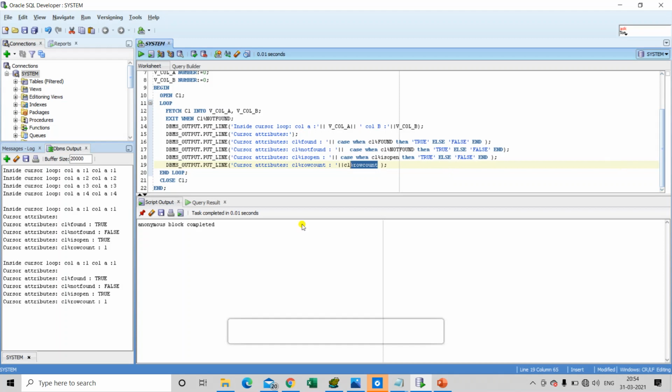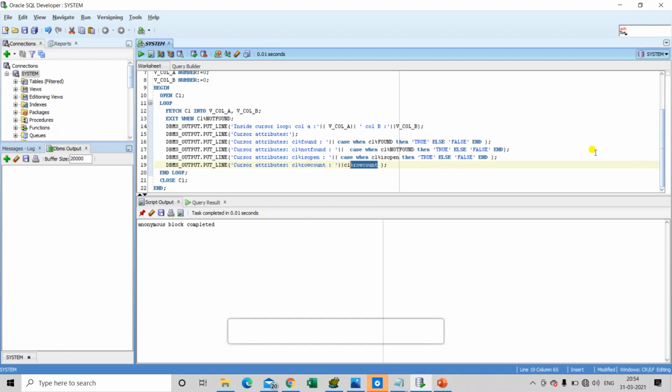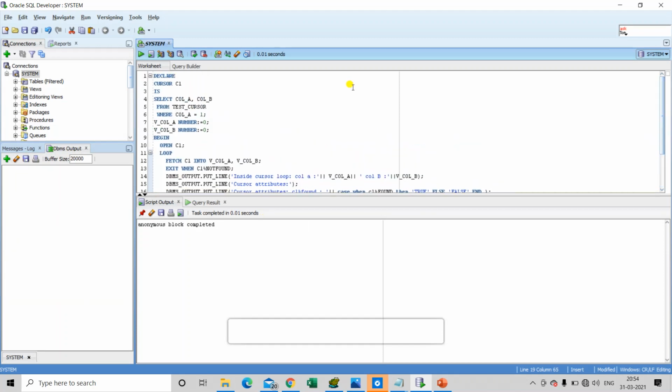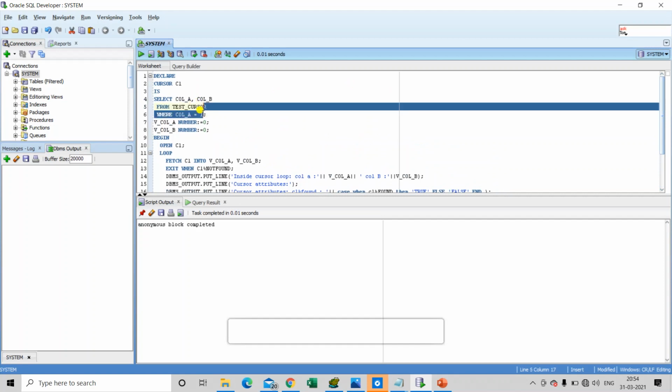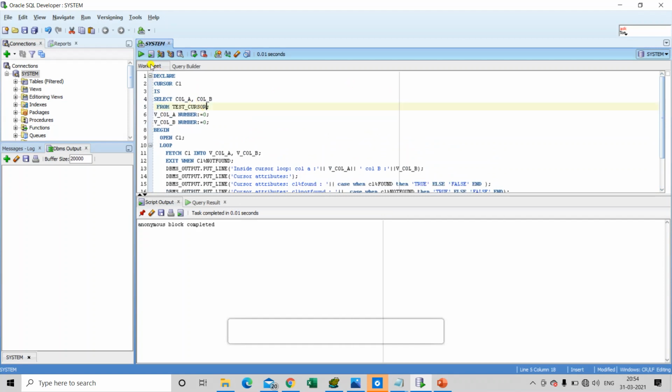Now remove the where condition from the query so that there is more than one record from the select statement of the underlying cursor.